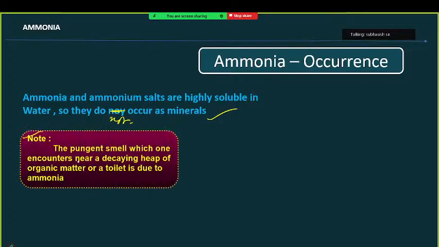The pungent smell encountered near a decaying heap of organic matter or a toilet is due to ammonia. Near public toilets, you smell ammonia because urine contains some amount of urea, and that urea is converted into ammonia by the urease enzyme present in the atmosphere. So near the toilet you get the smell of ammonia because of the conversion of urea into